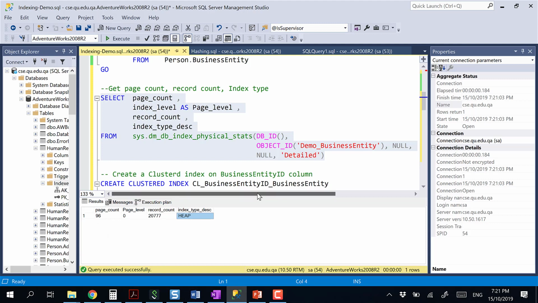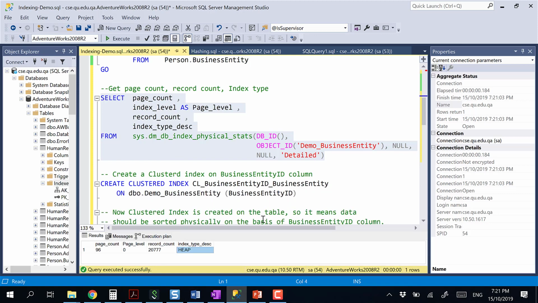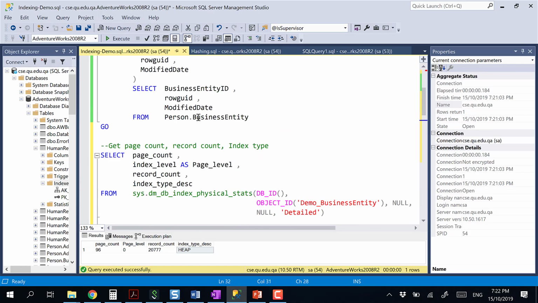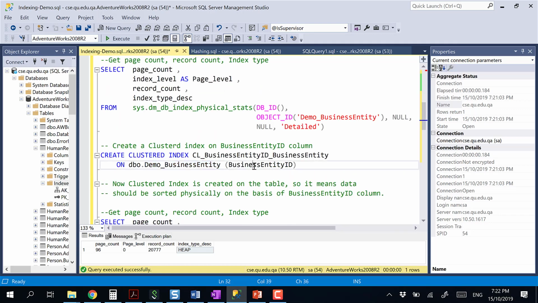Okay. Now, take a look at this when I create a clustered index on this table. The way I create a clustered index, all I do is create clustered index, and this is the name of the index. You give it a name, and I say, please go ahead and create for me a clustered index on this table. The table is called demo business entity, and this is the column I want you to create the index on. So this is how I create the clustered index. Create clustered index, give it a name, and you say on which table and which column. If you have multiple columns, you can go ahead and add the multiple columns here. You can add as many columns as you wish. Okay, now once I run this